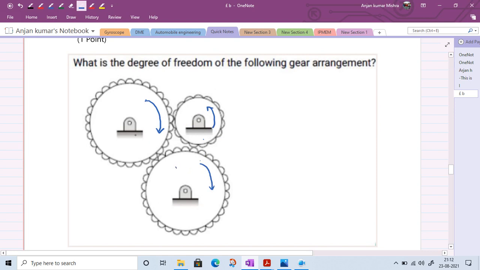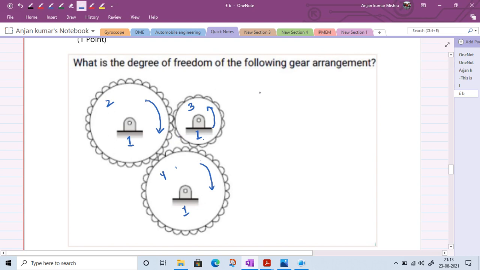As this gear is already, suppose we first name them: this is the fixed link, that is link number 1, this is the second gear, third gear, and this is link number 2, 3, 4. So 4 is already connected to 2. If this gear is rotating clockwise, this gear must rotate anti-clockwise, only then gear rotation is possible. But we are getting 2 gears rotating in the same direction, which is impossible. So it has become a structure here, or the gear movement will jam here. So directly, without referring to the degree of freedom formula, at least from the view of this diagram, we can say that it is a structure.